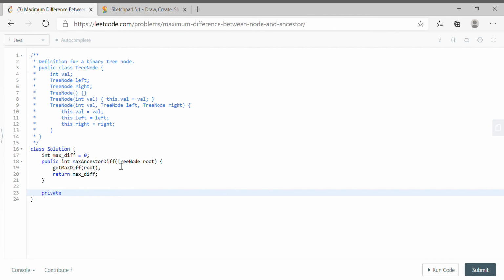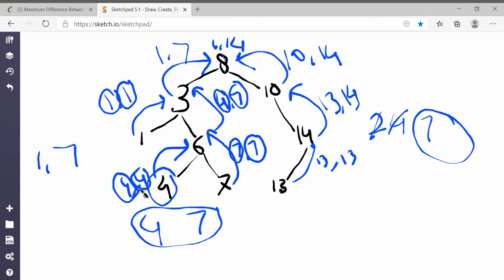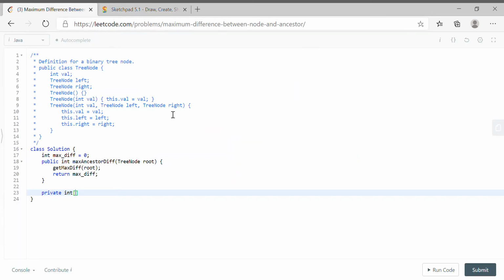So private int. If you remember, we are always returning two integers, max and min, so here we need to take an int array. Get max diff, TreeNode root. Fine.